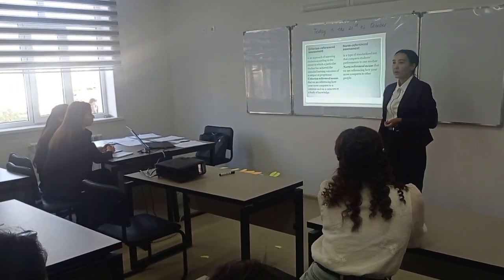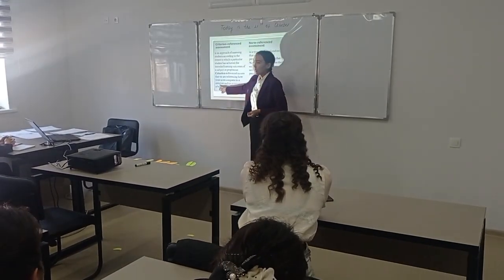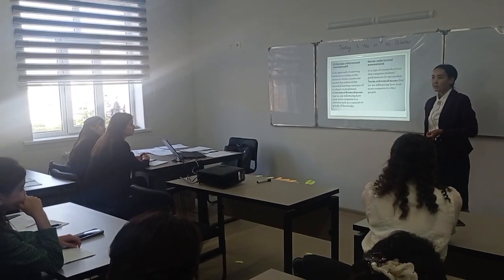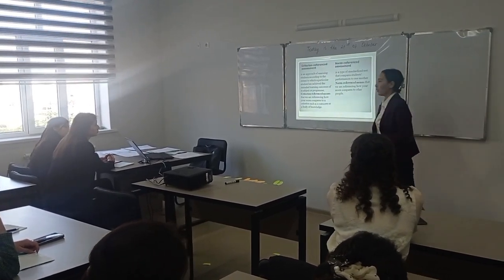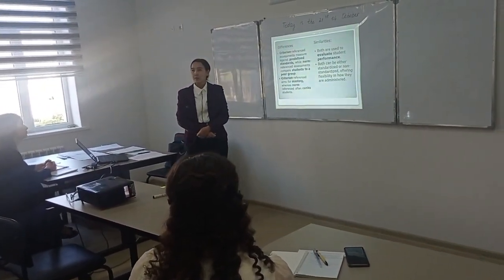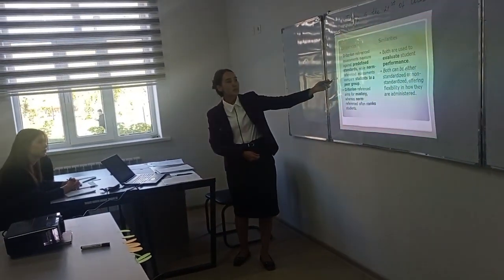Criterion-referenced means that we are referencing how your score compares to a criterion. Pay attention here. How your score compares to a criterion, such as a cut score or a body of knowledge. And norm-referenced means that we are referencing how your score compares to other people. It is also given the differences and the similarities of these two types of assessments. Criterion-referenced assessments measure against predefined standards, while norm-referenced assessments compare students to a peer group. And next difference, criterion-referenced aims for mastery of skill, knowledge, ability, whereas norm-referenced often ranks students in order to discriminate high and low achievers.